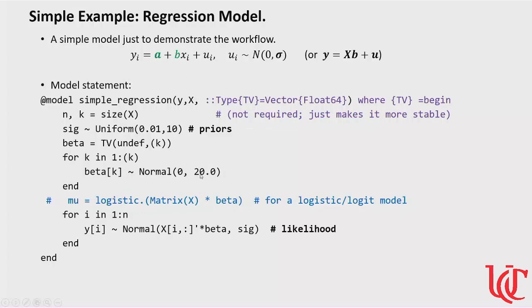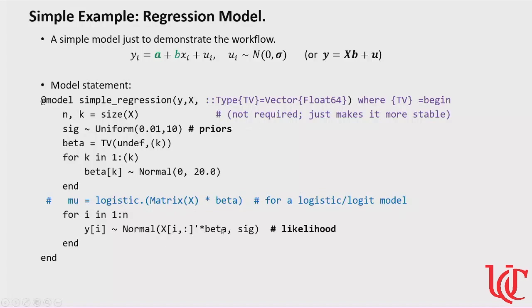You can make that bigger if you thought beta might possibly be a large number, positive or negative, just make this really large. You could put a uniform here or whatever you like. If you want to run a logistic, logit, whatever you want to call it, logit is just the inverse function of logistics. So econometricians call it logit model, statisticians call it logistic, it's the same model. If you want to do that instead, you just need this one line, and put in mu here instead